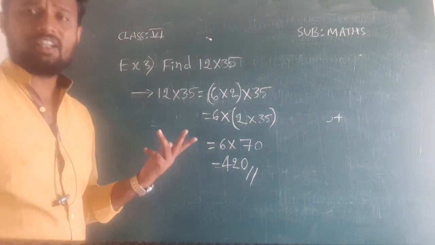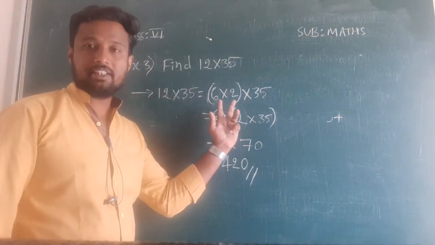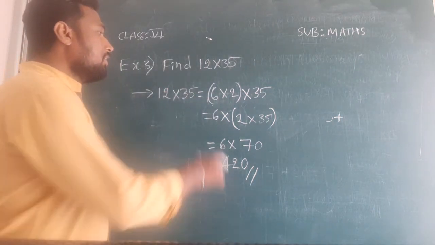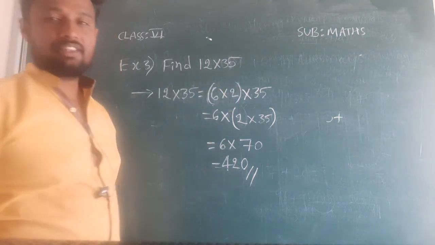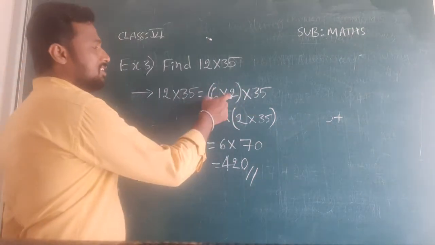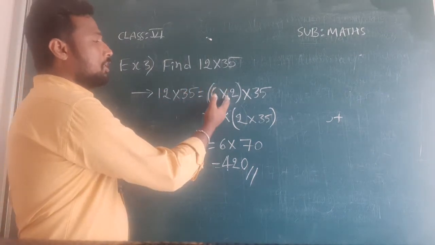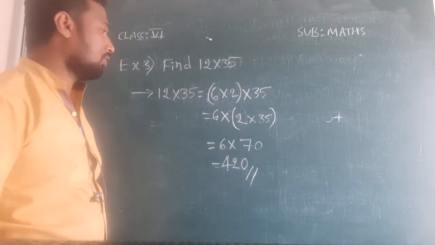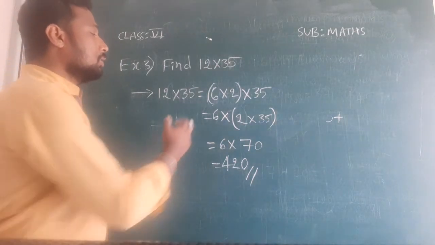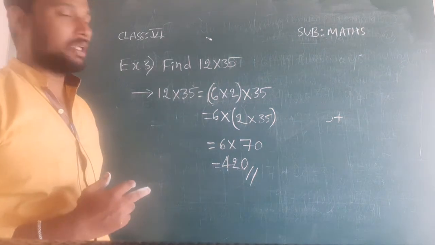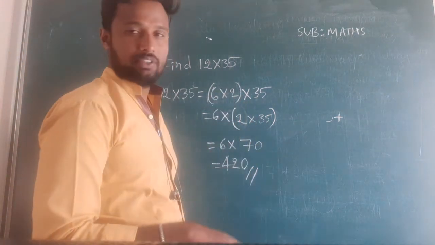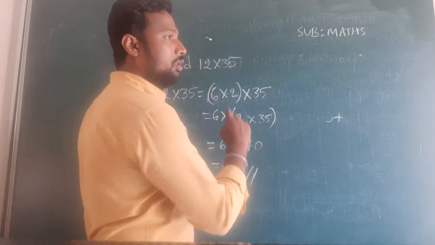So what we did here, in place of 12 we have written 6 into 2, because 6 into 2 means 12 only. And we applied brackets here for 6 into 2, and next we have written 35 as it is only. Again, if you multiply 6 into 2, you will get 12, and if you multiply 12 into 35, that is difficult for us. What we did here, we applied associative property, so that we have written this 6 outside the bracket. Next, we will multiply this 2 into 35 first, because it is easy to multiply 2 into 35,